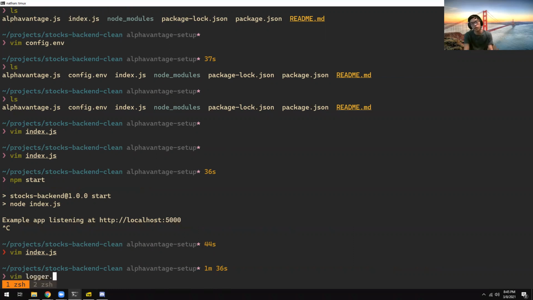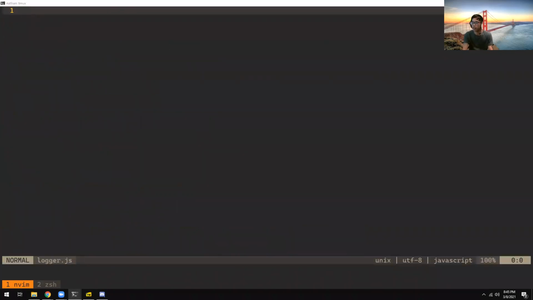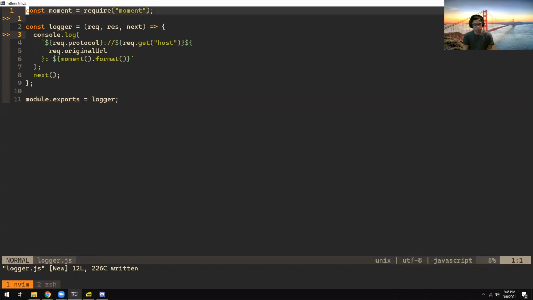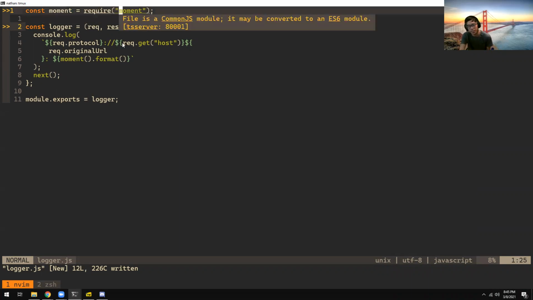So we're going to create a new file called logger.js. In this file, we're going to put the code for creating a new piece of middleware. So basically defining one more function, and that's it, and exporting it. So let me copy paste some more. All right, so in this file, the top line is, again, we're pulling in more dependencies because we love JavaScript, and everyone writes code already for us, so you can just copy paste theirs. It's great. So Moment is another JavaScript library that has to do with time,